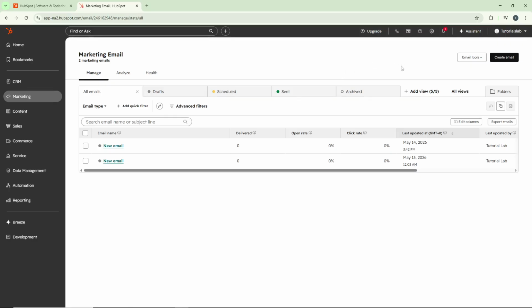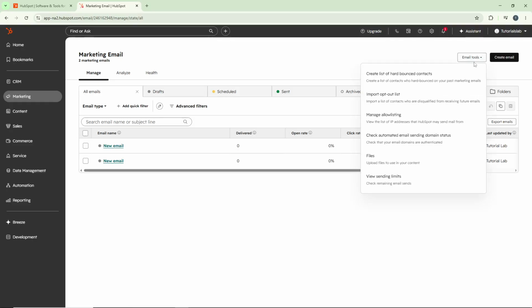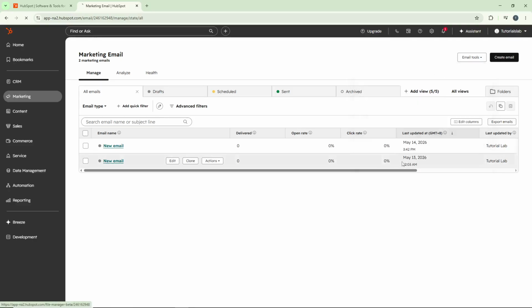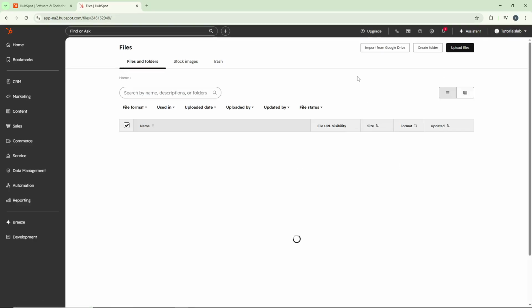Now that you're in the Emails section, look toward the top right corner of your screen. You'll see a button or drop-down labeled Email Tools. Click on this to reveal additional options related to email management. From the drop-down menu that appears, click on Files. This is the area where HubSpot stores all your uploaded assets that you can use across your email campaigns and